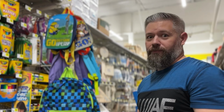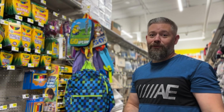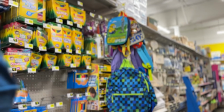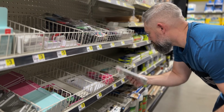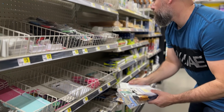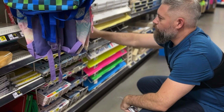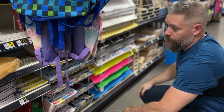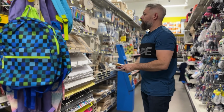We have a problem. I don't think they have watercolor paper here. We'll go on the other side. Hopefully there's some there. They have these cards. These are also possible cards we could use. So if we have to, we'll make these work. Sketchbook, construction paper, large sketch pad, foam board, neon boards, but I am not seeing watercolor anywhere. We're gonna have to just make do with these cards and